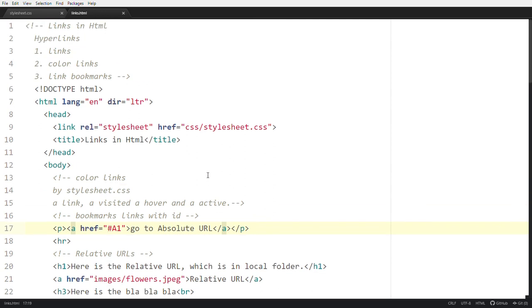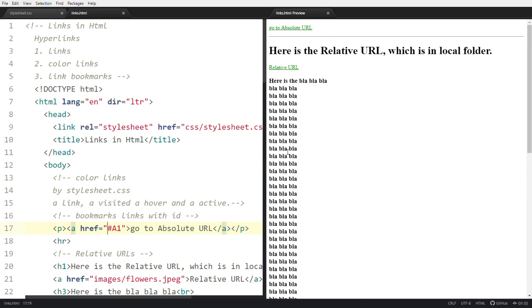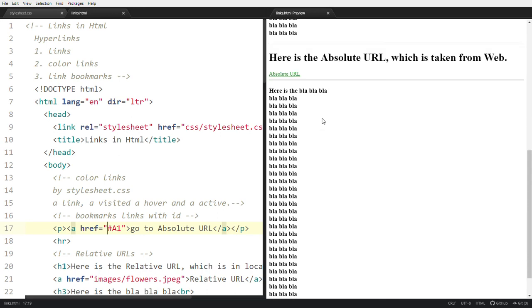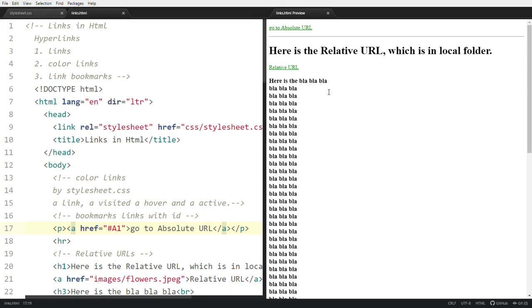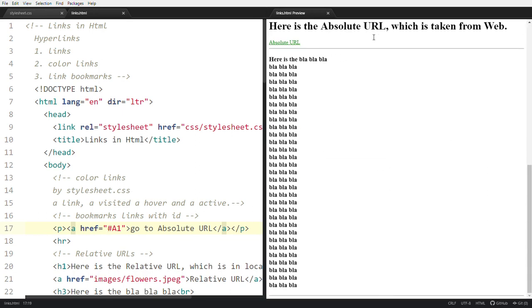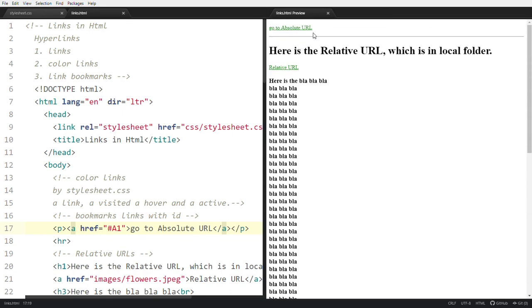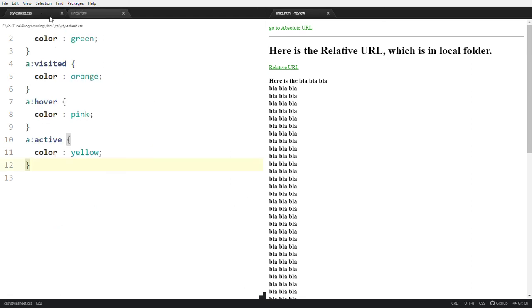Then see how our code appears on the web page. This is our code. In bookmarks, there is a large content. I am at this place, but I want to go to this place. See, one more thing, how the colors change. First, the link color is green.